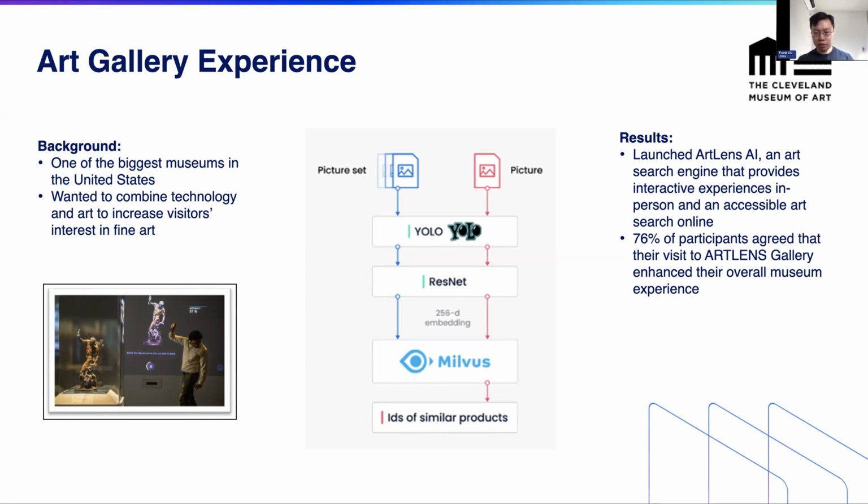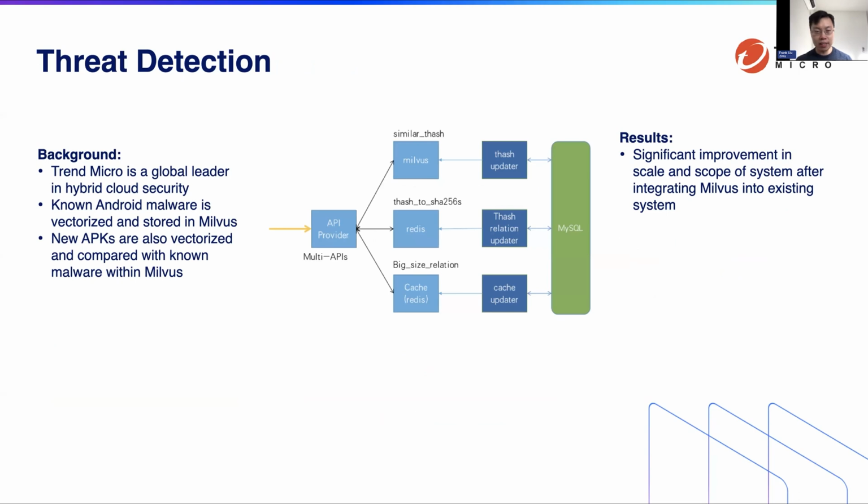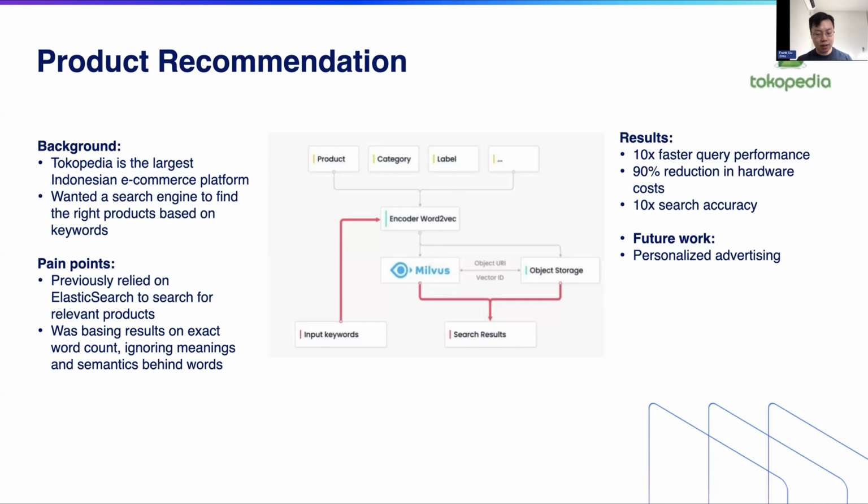So, our gallery experience here is something that we did with the Cleveland Museum of Art, launching ArtLens AI, and you can see an example of what's going on in the bottom left-hand corner. Threat detection: the ability to embed APKs or executables in the same space, and be able to search and detect threats that way. As I mentioned earlier, product recommendation, taking a product and users and embedding them in the same space that way. And then property search as well,